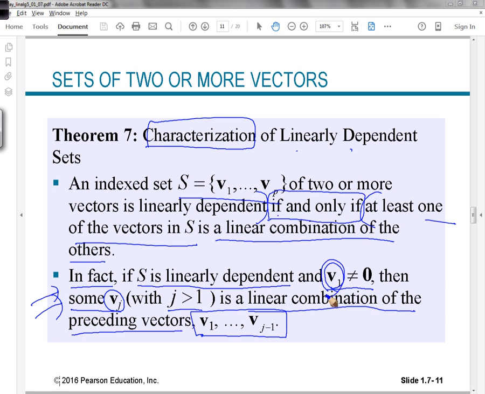So suppose v1 is not the zero vector, because if this guy is the zero vector, we can immediately say that this set of vectors is linearly dependent, because this is the zero vector, right? And so let's think about a little bit more interesting case where this guy is not zero. So the first vector is not zero, and then using only the first vector, we already know that when we consider just one vector, and this guy is not zero, then by having only one vector, we know this guy is still linearly independent.